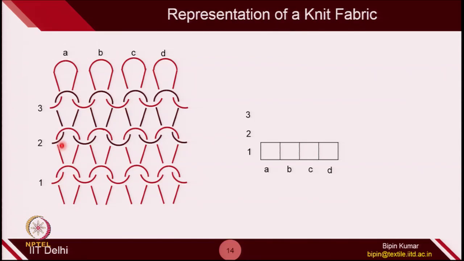If we follow this loop, by carefully looking at the bottom loop, we can easily see the first loop is being formed on the back side. So, that is why we have to place 0 in this box. Similarly, in the row all loops are being formed on the back side. So, we can simply put zeros in all the boxes.